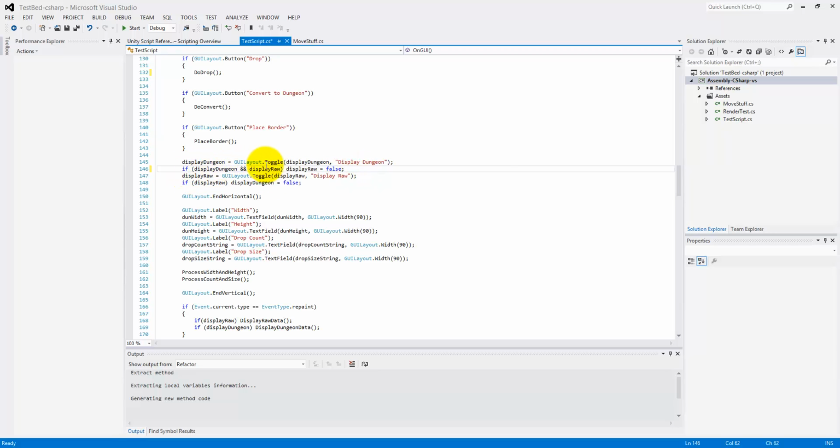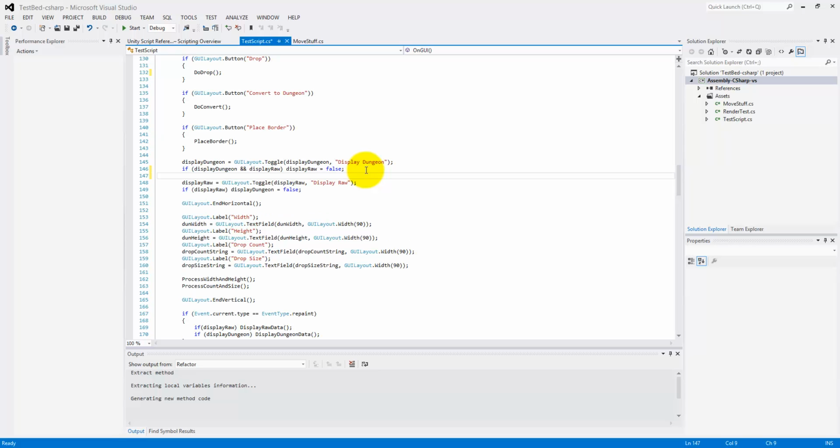So in other words, if both of these are set to true, then set display raw to false. However, if I fat finger the keyboard here, display dungeon, not display dungeon, and not display raw, display dungeon